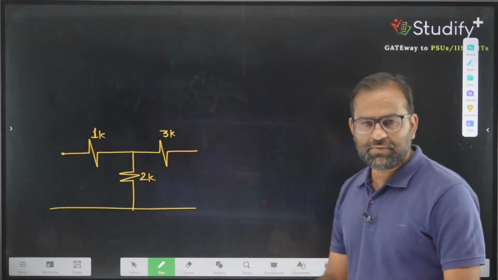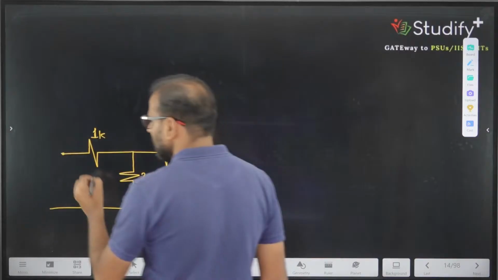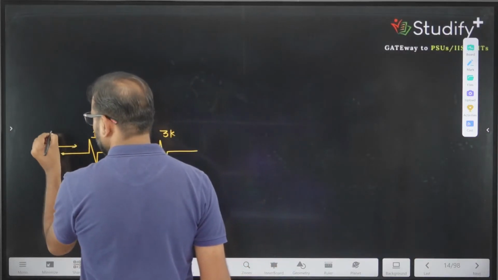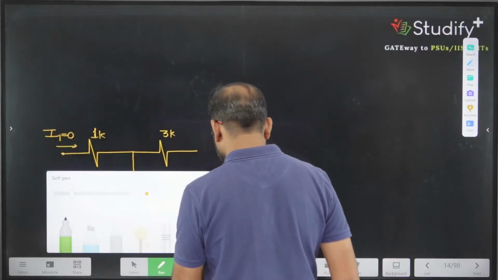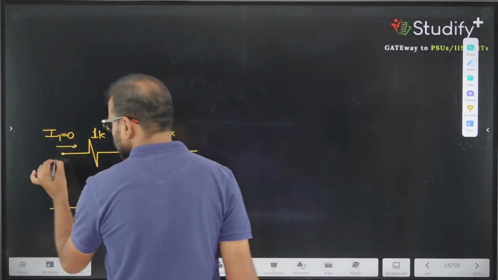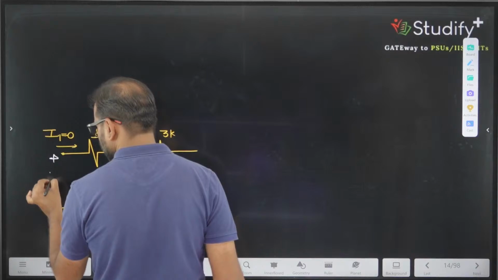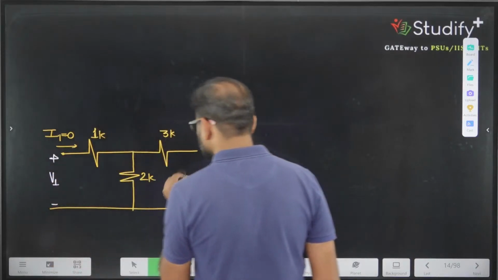Correct? What else do we need? Let's make I1 equal to 0 now. Input port open circuited. If I make the input port open circuited, can I say this is our V1, this is our V2,